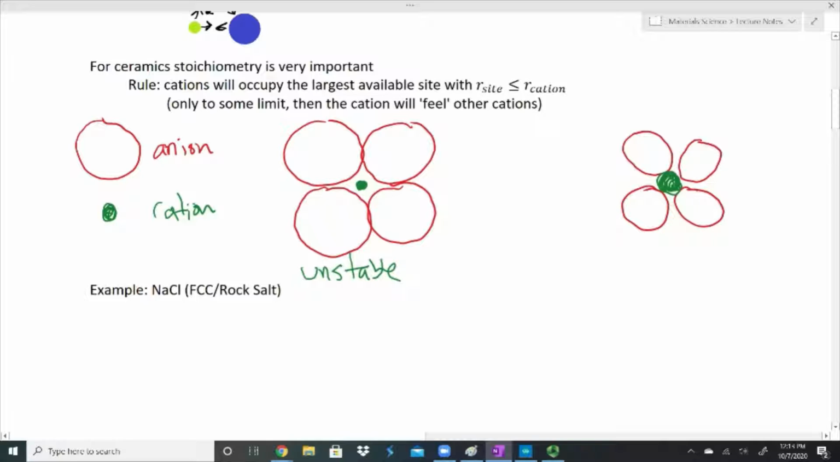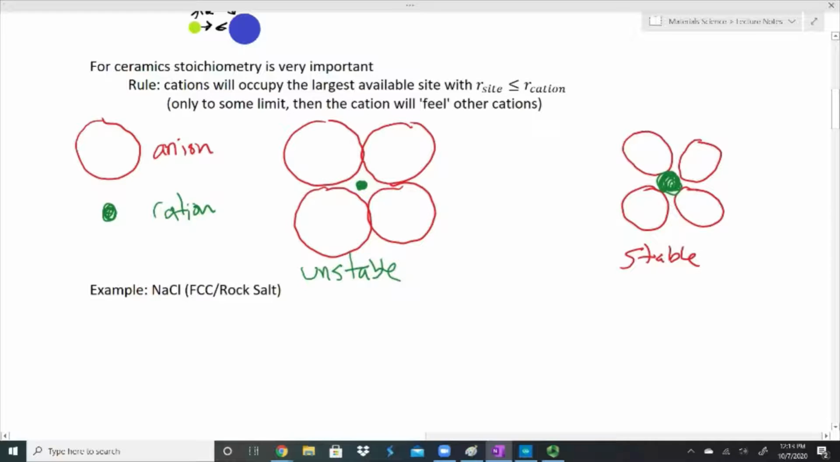We would say that this one is stable. The charges, everything's happy. Positive is only touching negative charge things. There's a gap between like charges. If I were to continue drawing this out, I would have more cations filling in these gaps with more anions